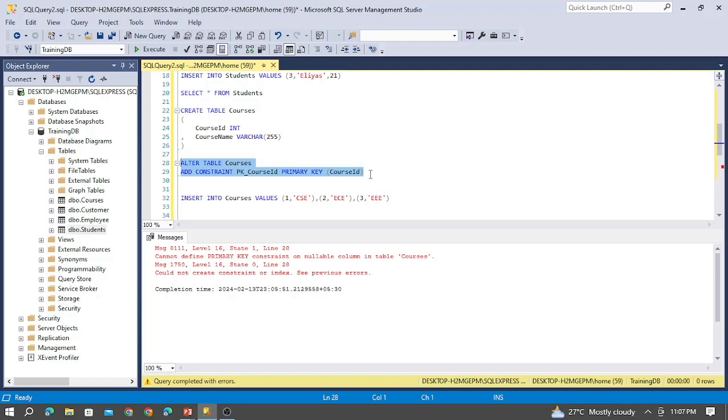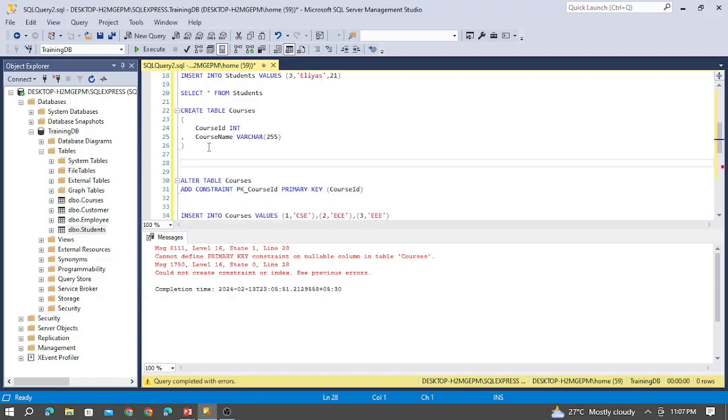And when I try to execute this statement, it shows the error: the primary key constraint on the column nullable value of the table course, cannot create constraint. So it shows that we cannot create a primary key constraint for the column which is a nullable value,